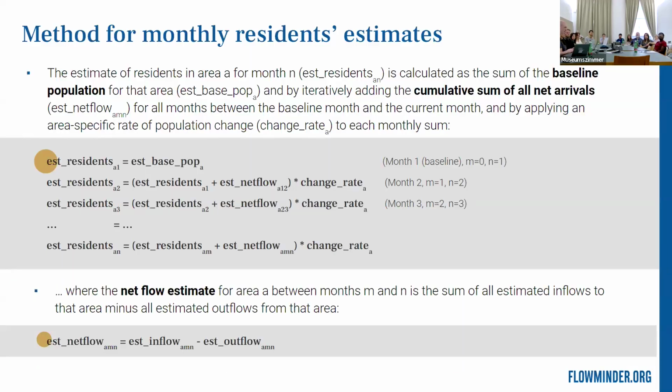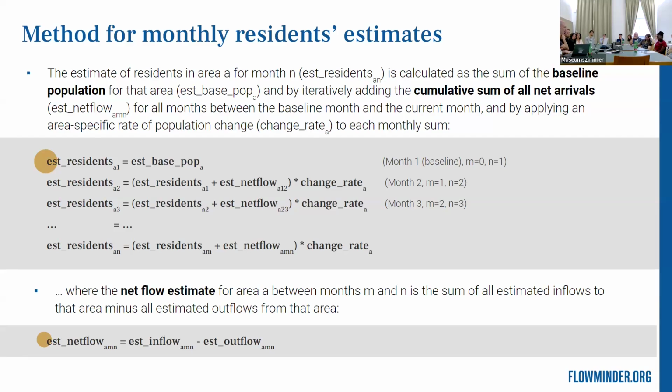The method in the formula is twofold, because it relies both on the relocations data and the residence data. We start with the baseline population estimate that we derive from third-party sources, often the UN World Population Projections for a country that we break down into sub-regions. Or also the national population estimate that is available from the Statistics Institute, if there is one, or a projection to the start month where we have data access to MNO data.